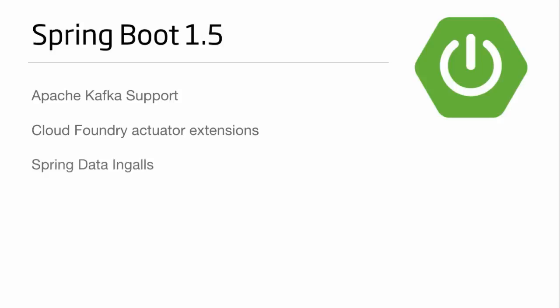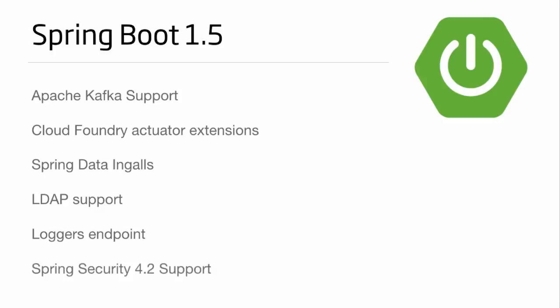Spring Data is in the latest releases there. LDAP support, which is kind of a big deal for a lot of customers. It's even a big deal that we've seen in the identity space, where customers actually want LDAP-like endpoints, LDAP in the cloud, to be able to be a cloud customer. And then a Loggers endpoint, and the big one for us was Spring Security 4.2. I don't know if Rob's told you, but one of the extension points they added in Spring Security 4.2 was the ability to customize your own DSL. And so you could basically auto-configure your third-party dependency that we have in Stormpath.